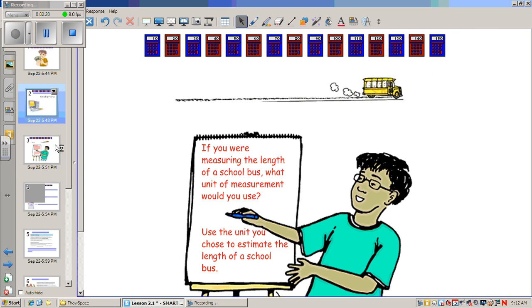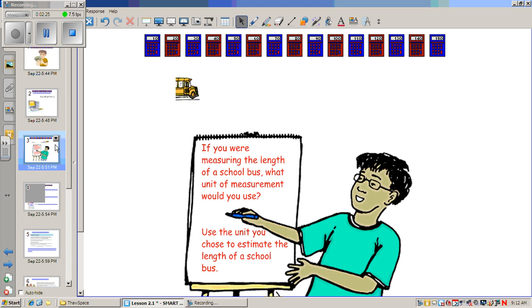So today, here's my first question for you. If you were measuring the length of a bus, what unit of measurement would you use? I'm going to think right now and write down on your paper bus measurement and think about what unit of measurement you'd want to use. Okay, now you're going to use this unit to choose the estimate. So I'm going to pause for a minute and I want you to think about what you think the length would be in an estimate, not an